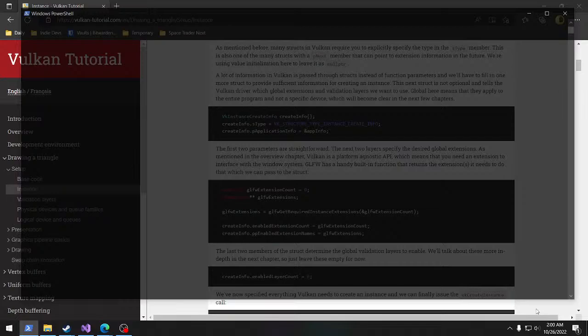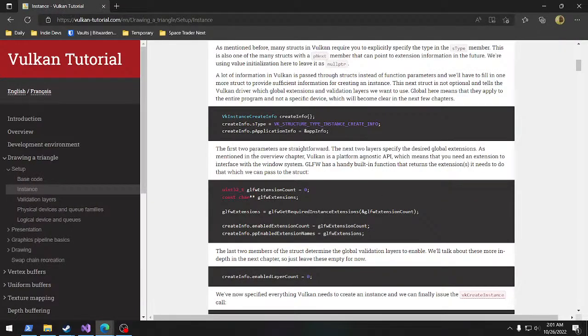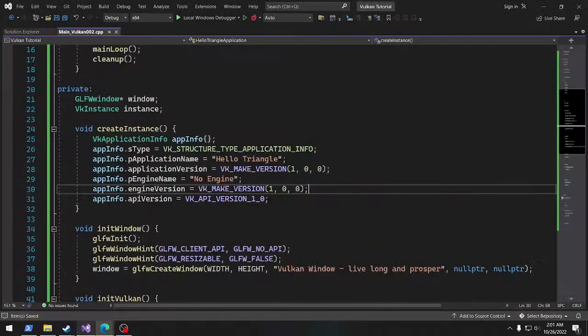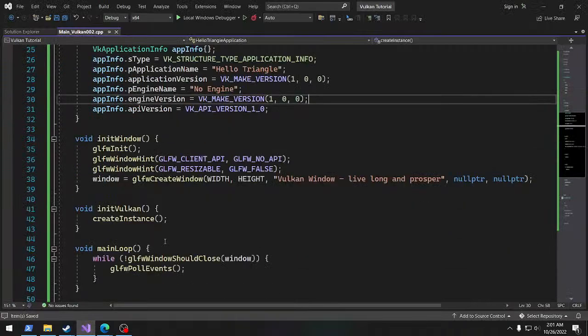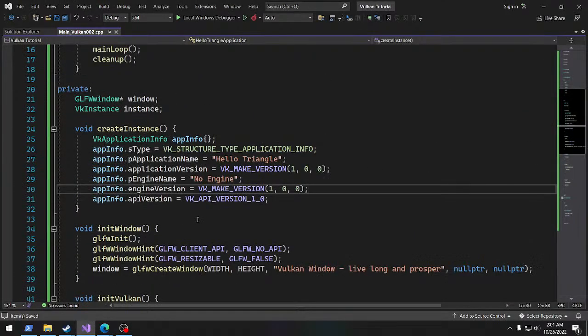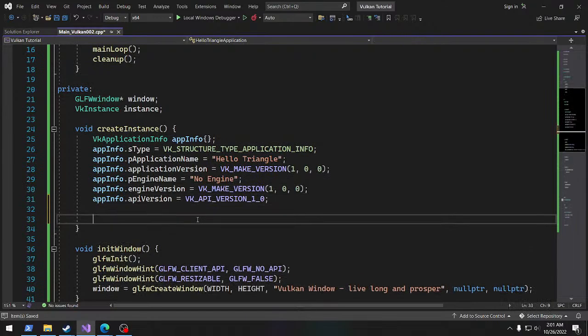This next structure is not optional and tells the Vulkan driver which global extensions and validation layers we want to use. Global here means that they apply to the entire program and not a specific device, which will become clear in the next few chapters. The first two parameters are straightforward. So does this go into the createInstance or the initVulkan? I think we're still creating the instance. So